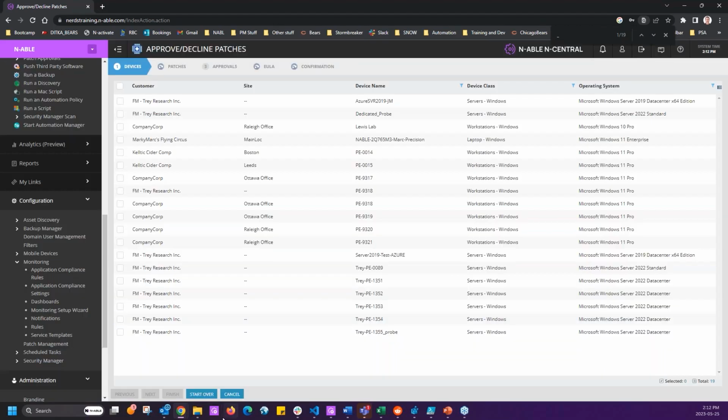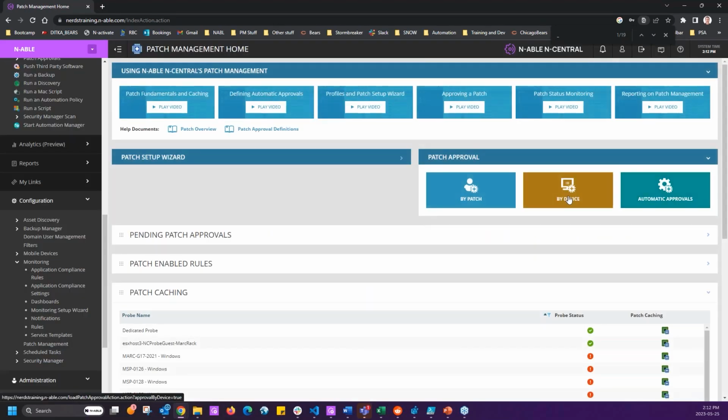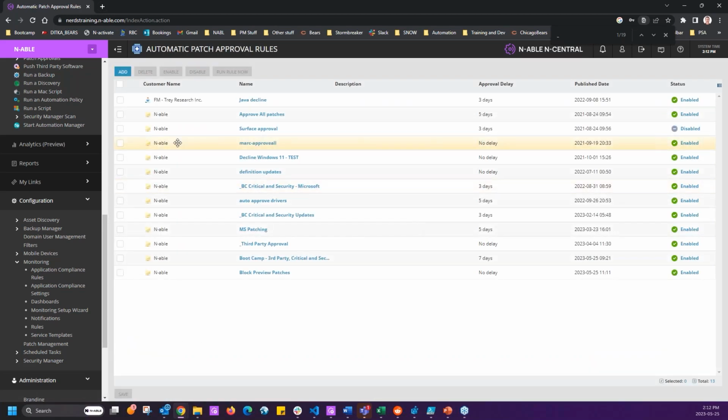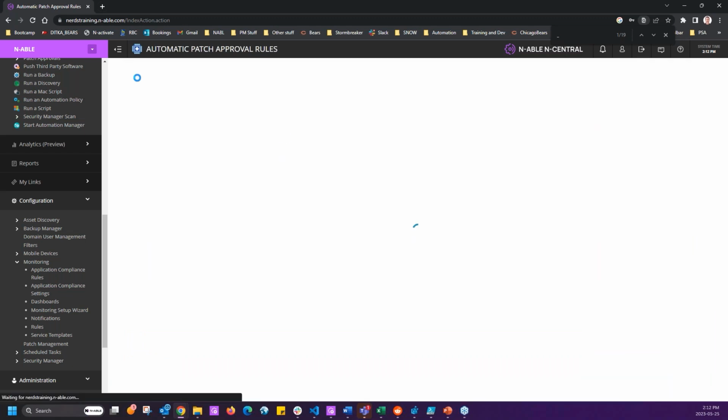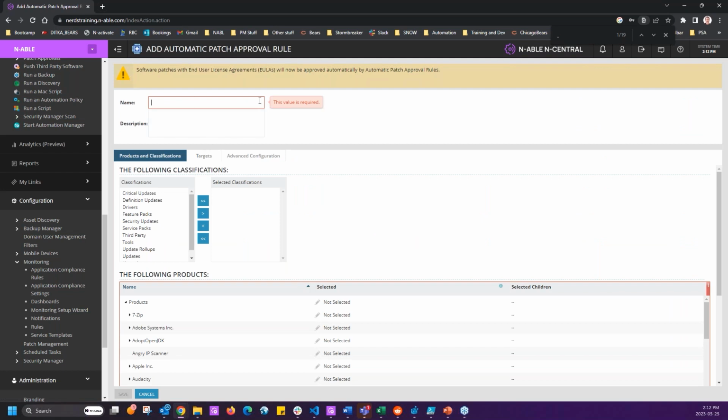Start over. And what I do recommend is using this method over this method if you can, but this is where we get into automatic patching, right? So this is where we want to click add. We want to create our workstation and laptops